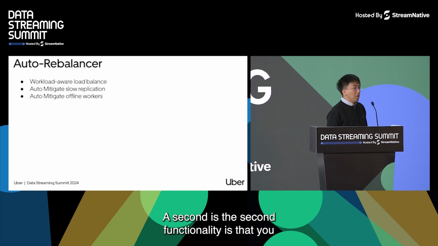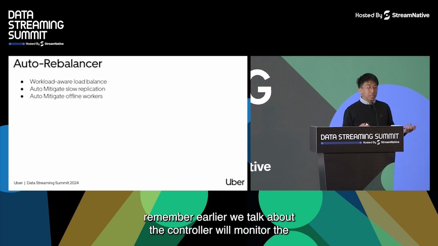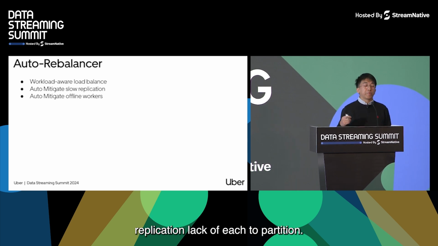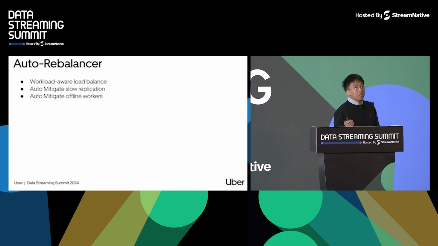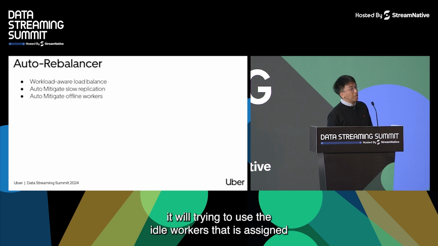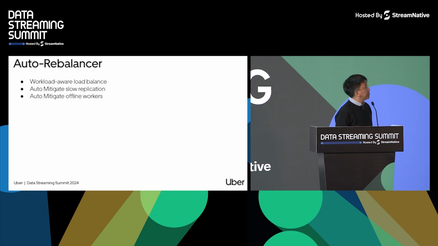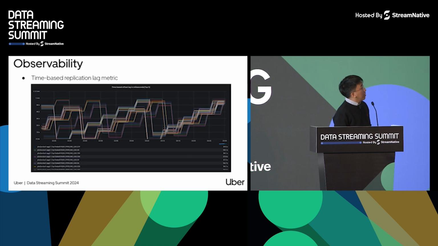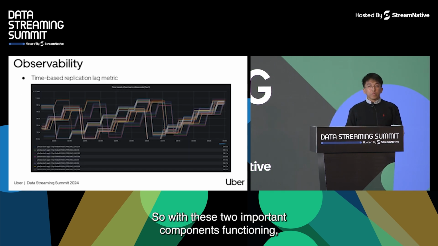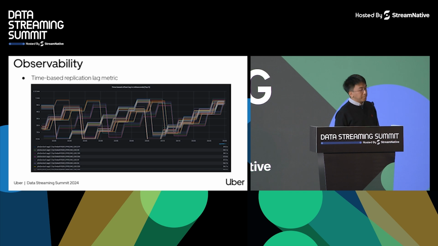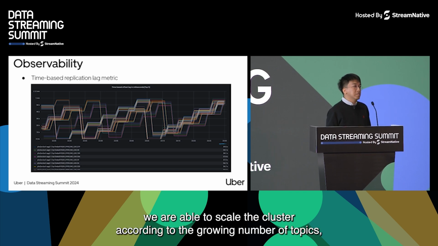The second functionality is that, remember earlier we talked about the controller monitoring the replication lag of each topic partition. Once it identifies this replication lag, it will try to use the idle workers that are assigned and move the lagging topic partitions to these idle workers in order to speed up the replication. So with these two important components functioning,